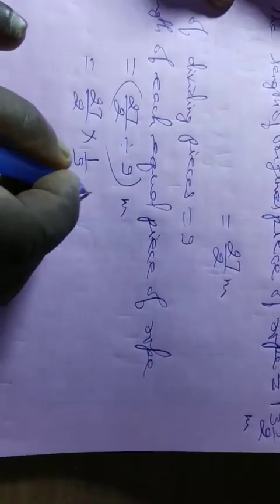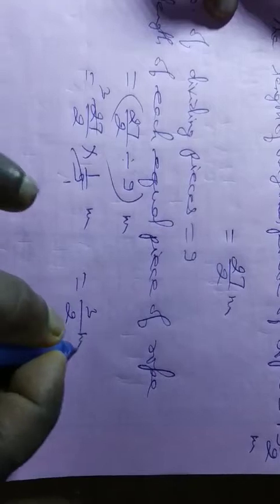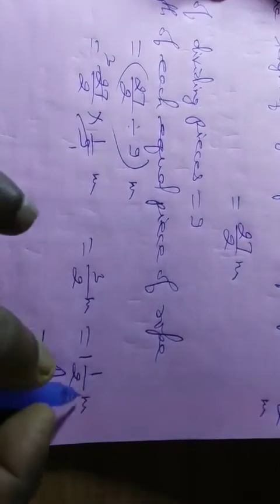27 by 2 multiplied by 1 by 9 meter. 9 ones are 9, 9 threes are 27. So 3 by 2 meter, which is 1 whole 1 by 2 meter, is the answer. So the length of each small piece is 1 whole 1 by 2 meters. Now question number 6.